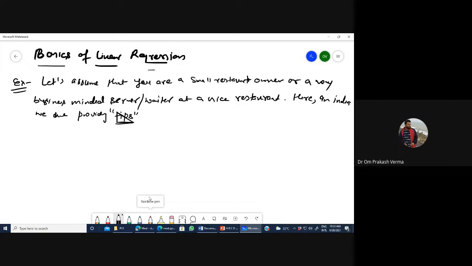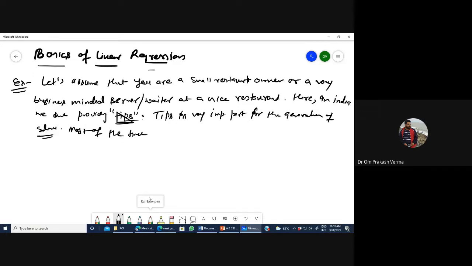And it is a very important part. Tips are a very important part of the generation of money, or the salary. Most of the time, this tip is related to the total bill.